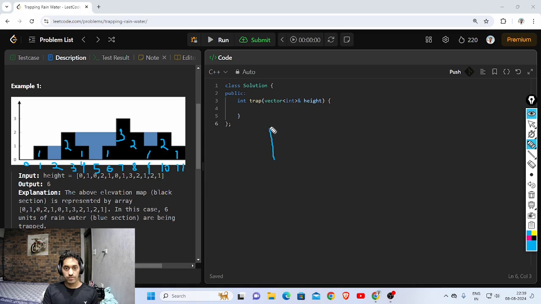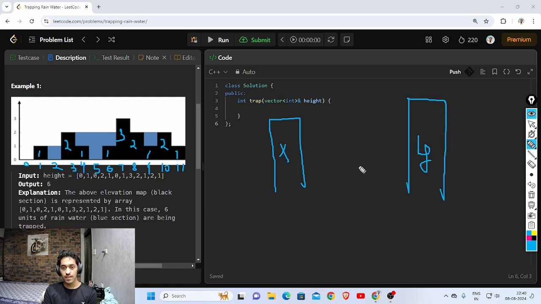So if I have this block with height, suppose x, and I have another block with height, suppose y, and a couple of blocks in between, suppose one block here, this is z, a smaller block. In that case, how much water will this block be storing on its end? It's equivalent to